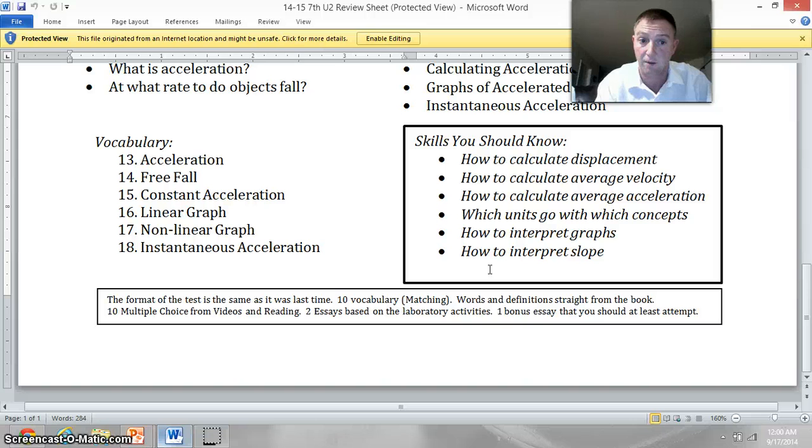Remember, the format of the test is exactly the same as last time. 10 matching, which are all vocab, bolded words from the book. You can also study from the Quizlet that I sent you via email. There's going to be